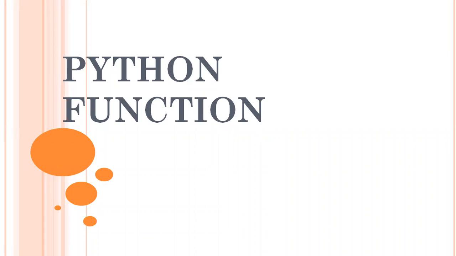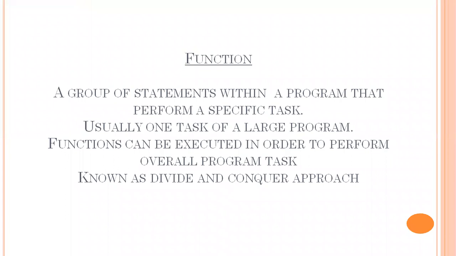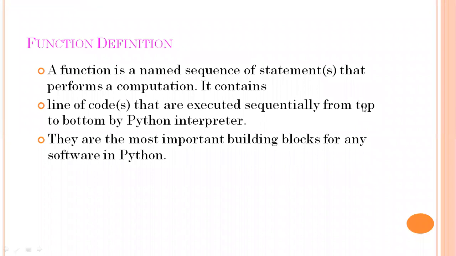Whenever we talk about functions, we are basically making a module, or splitting a big program into small parts. That small part is known as a module, or you can call it a function. A group of statements within a program that perform a specific task is known as a function. Usually one task of a large program can be executed by a function in order to perform the overall program task, known as the divide and conquer approach. In this we will divide a program into small parts, and that small part is known